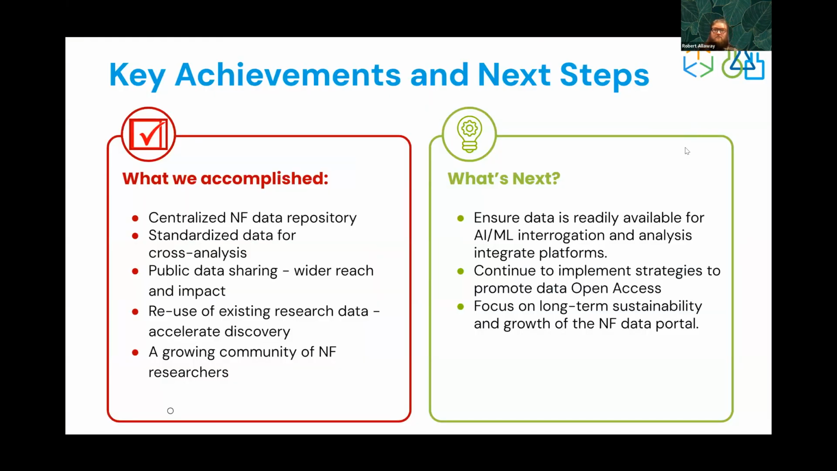So in terms of what we've accomplished, we built a centralized data sharing repository. We've standardized data for cross-analysis across many different types of data sets in the NF space. We're hoping that our public data sharing has a wider reach and impact than what was previously observed in the NF community when everyone was keeping their data private. We're hoping that the reuse of existing research data is accelerating discovery, and we are growing the community of NF